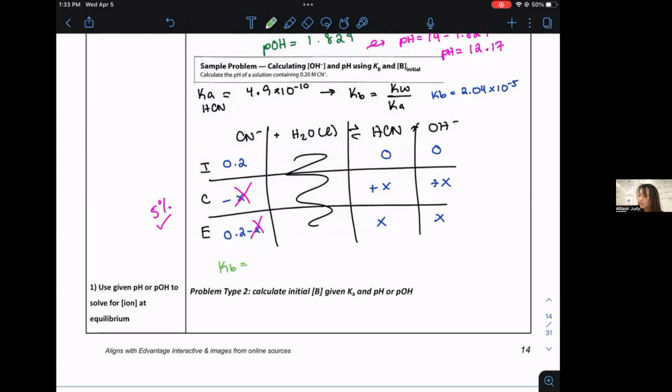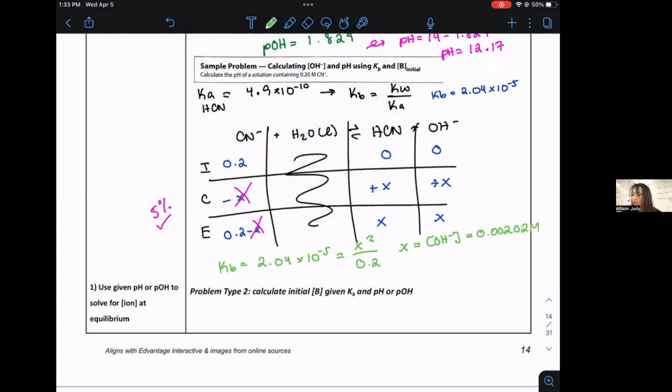And so then using my KB, I plug in my KB expression, 2.04 times 10 to the negative fifth. I plug in X squared all over 0.2, giving me an X, which is equal to the concentration of OH minus at equilibrium of 0.00202